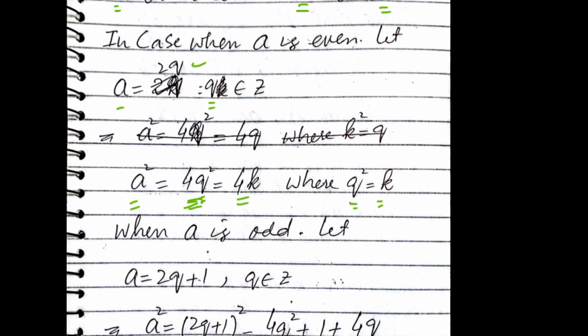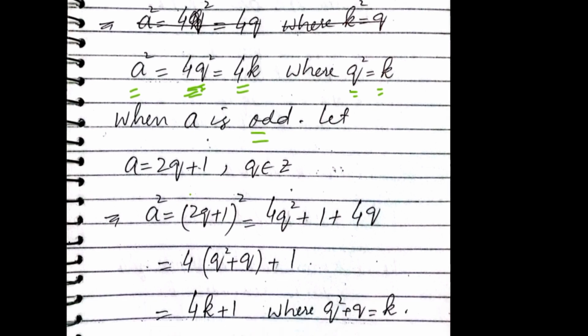When a is odd, in this case, we suppose our a is of the form 2q plus 1, where q is an integer. Its square is 2q plus 1 whole square, which can be written as 4q square plus 1 plus 4q. By taking common 4 from these two expressions, we have 4 into q square plus q, plus 1. As q is an integer, so its square is also an integer and the sum of two integers is again an integer. So we suppose q square plus q is equal to k. So this can be written as 4k plus 1,